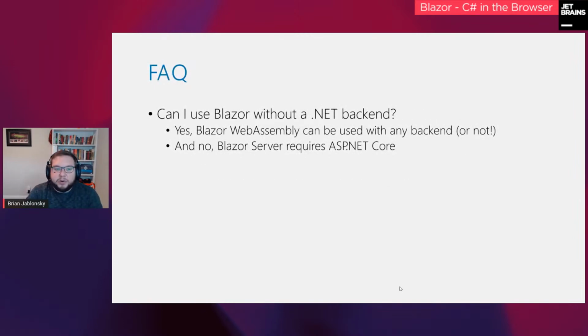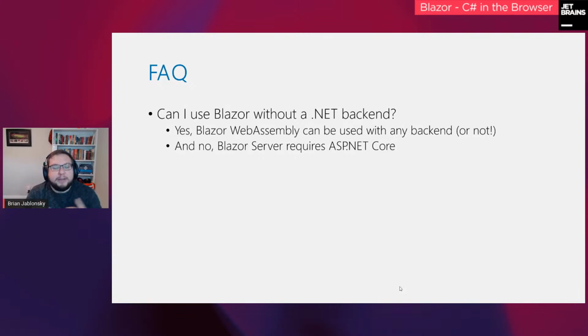So the other question is, well, great, can I use Blazor without a .NET backend? Yes and no. With Blazor WebAssembly, you can actually use it with any backend. If you want to use Python or JavaScript or Java or whatever great server-side language you want to use, you can definitely use it with that. It's basically loading up a JavaScript that's responsible for doing some bootstrapping, and that's basically it. Blazor WebAssembly takes over for the UI from there. Then after that, it's all just API requests.